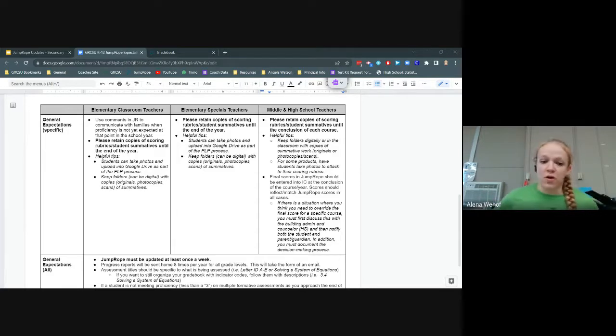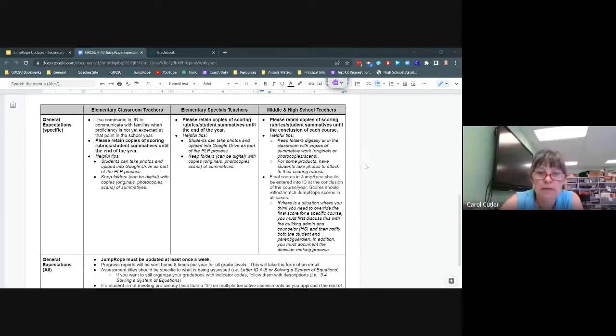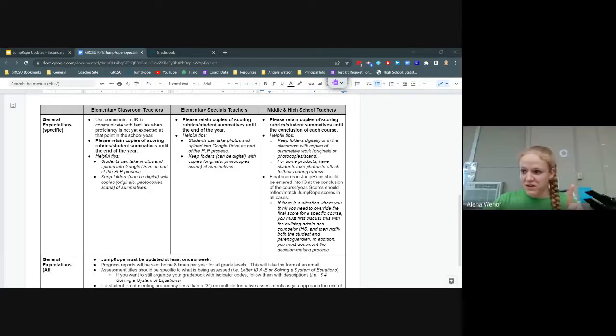But then also for any questions that might arise around student scores, it's good practice to save a copy of things until the end of a course. If it's something that you are planning to send home, just have some sort of pictures or copies of it, so that way you can just keep track of those for yourself. And talk with your coaches if you want help setting up a system for that, if you don't already have one. And then I'll come to the question in a moment.